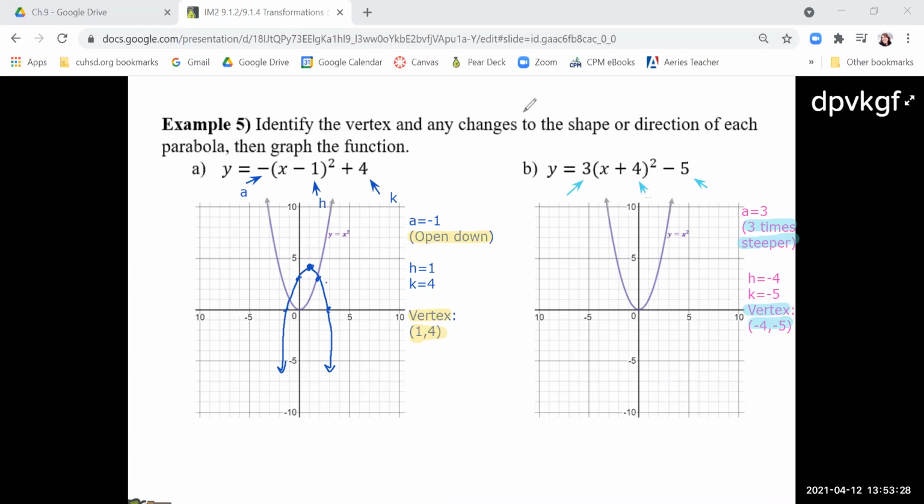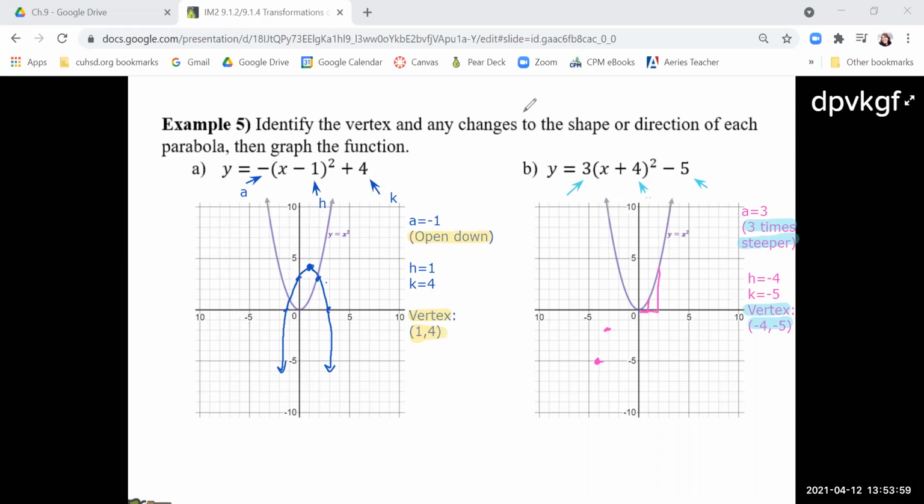Okay, so now it's time to graph. So we're going to go to -4, -5, and get our new vertex. And then we need a 3 times steeper than our original graph. So see, the parent function is over 1, up 1, over 2, up 4. I need 3 times as tall. So for this one, from our new vertex, I'm going to go over 1, up 3, over 2, up 4